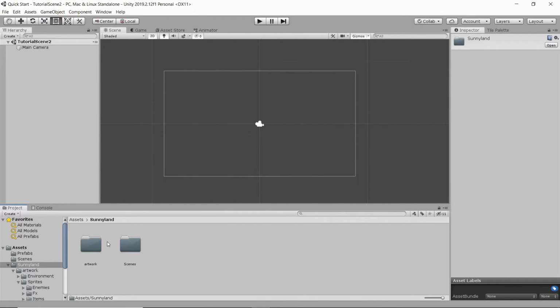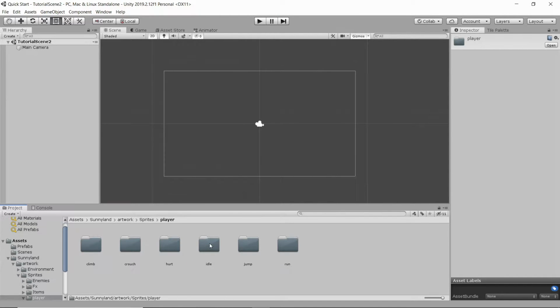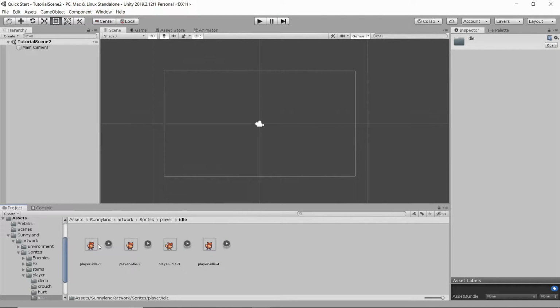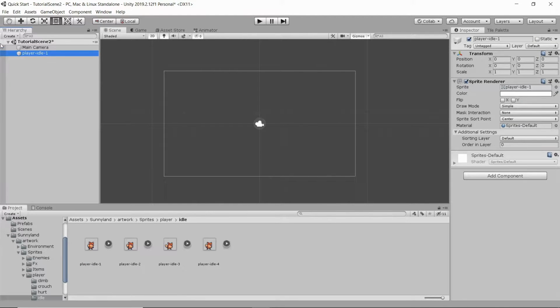So if you wanted to get started by creating a new game object for a player, you could go into the artwork for your game, find the sprites, and generally you'd want to start with the idle sprite. So I'll just drill in here, and you'd have player 1 idle. You can bring that into your game scene as a brand new game object, and you'll see that with this game object, it immediately attaches a sprite renderer there,